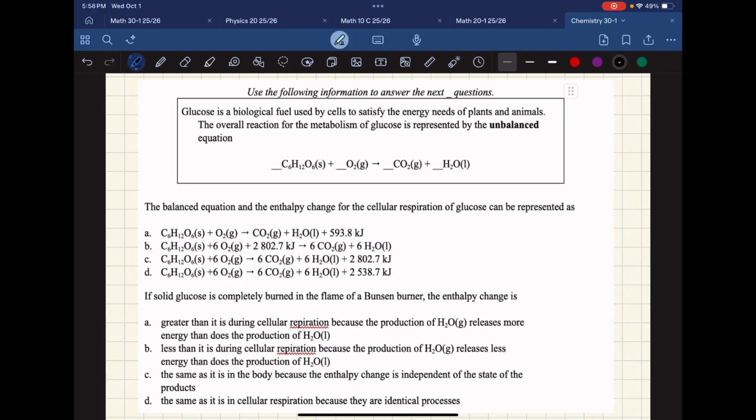So, glucose is a biological fuel used by cells to satisfy the energy needs of plants and animals. The overall reaction for the metabolism of glucose is represented by the unbalanced equation. The balanced equation and the enthalpy change for the cellular respiration of glucose can be represented as. So, if we balance this here,